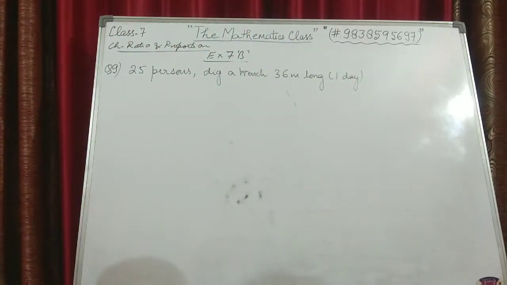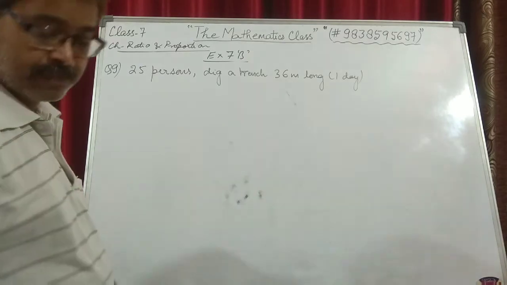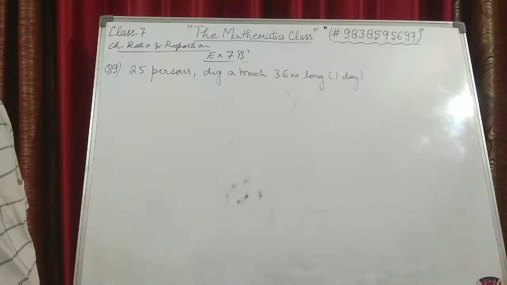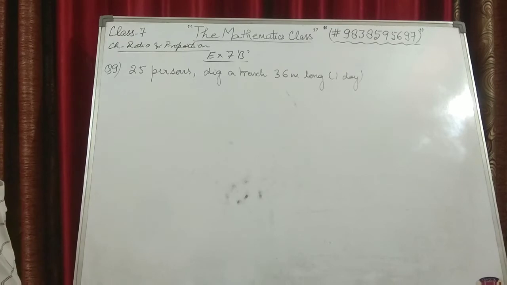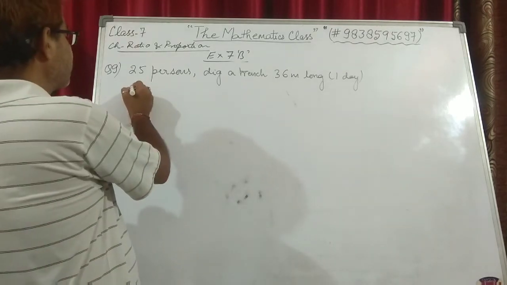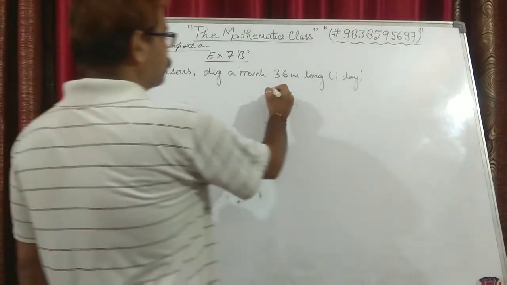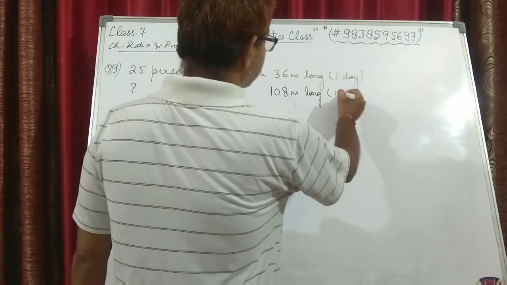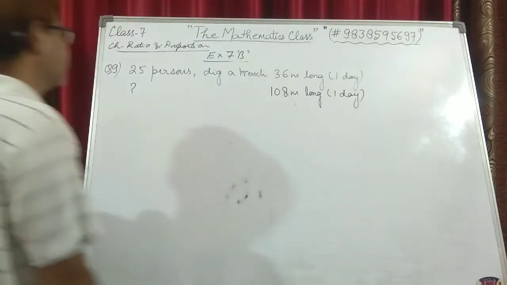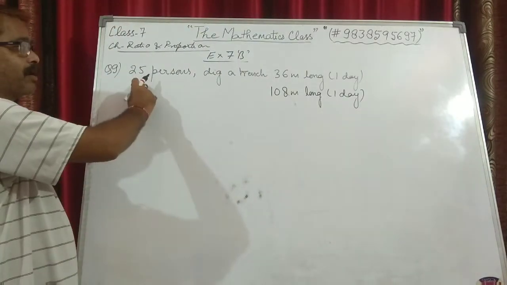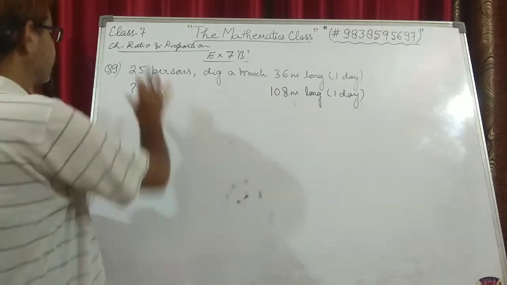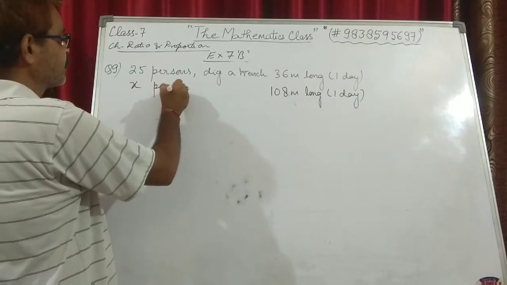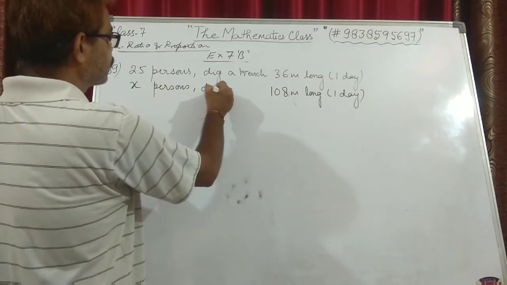So they are asking how many persons are required to dig the trench 108 meters long. How many persons are required to dig a trench that is 108 meters long, and days is not given, so we will assume it one day. So we don't know how many persons would be required. So first of all, we will assume, let the number of people be x. So I am writing x persons can dig a trench